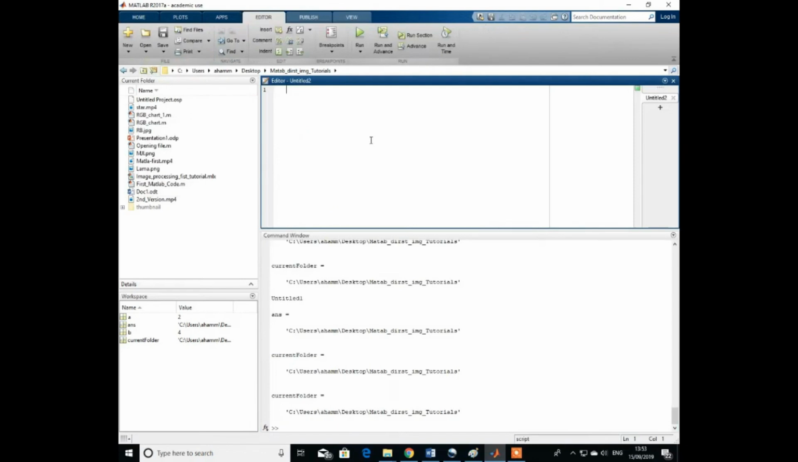It comes up with the window I have just shown previously. So in this window, if you write the code, your first code would be A equal 2, B equal 3, C equal A plus B. So this is a simple line of code,